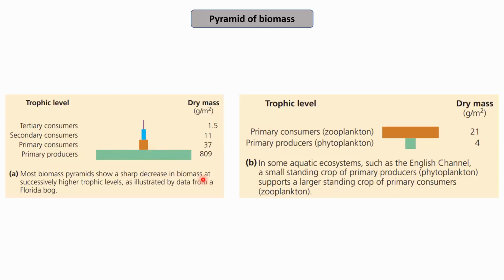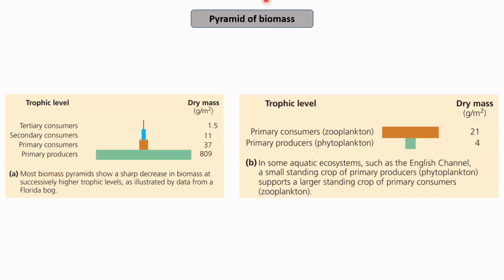On the other hand, if I talk about the aquatic ecosystem, as I discussed in the last slide also, the shape of the pyramid depends on the type of the ecosystem as well. So we can say that the pyramid of biomass may be upright, as in case of a Florida bog or a grassland ecosystem. But the pyramid of biomass in case of aquatic ecosystem is